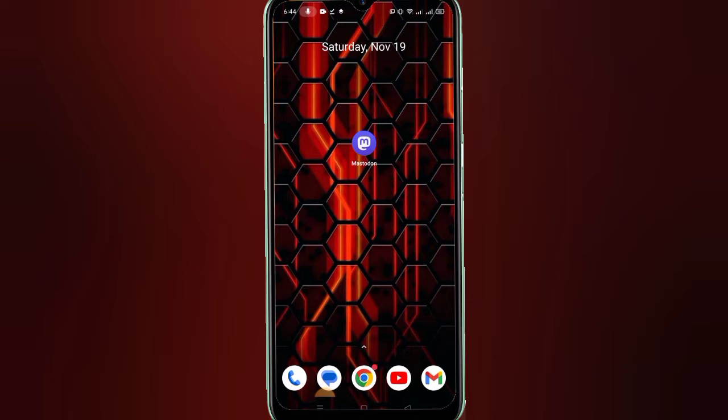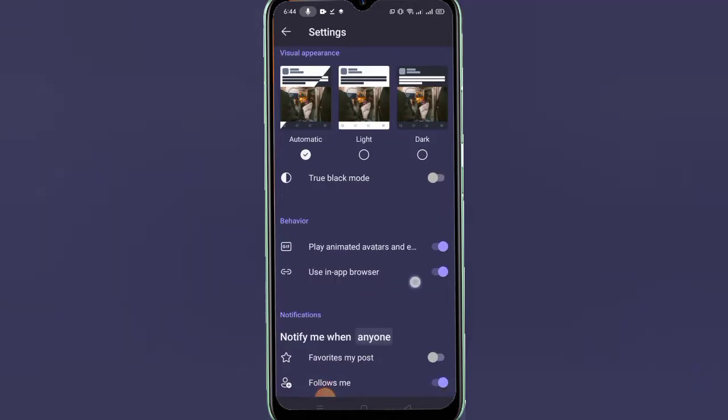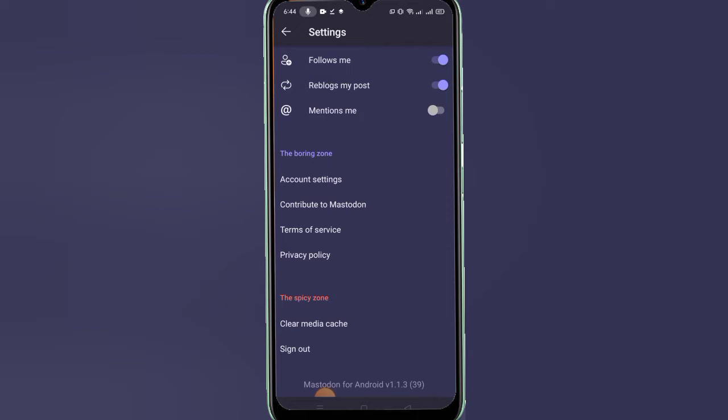So we need to go to the Mastodon social app, then go to the top right corner on your screen. It's called the settings icon. So click settings and scroll down a little bit. Then here you can see the option account settings, this one. So click on this